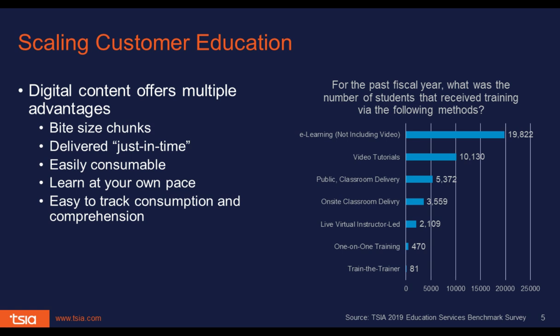So to me, one of the important points is if we're going to scale customer education, we want to make sure that we're spending time creating content that can be leveraged for the largest number of customers possible. And I have some data here from our education services benchmark showing that Train the Trainer on average is being delivered to 81 people a year. But look at e-learning. 20,000 people a year are accessing e-learning content, over 10,000 accessing video tutorials. So while we may be not quite as familiar with creating content to be consumed using these digital channels, the truth is that this sort of content better meets the